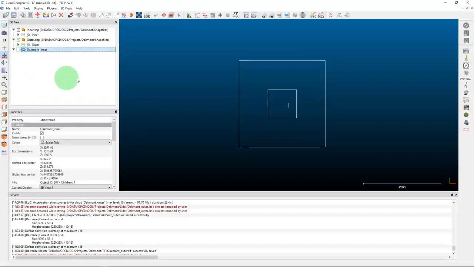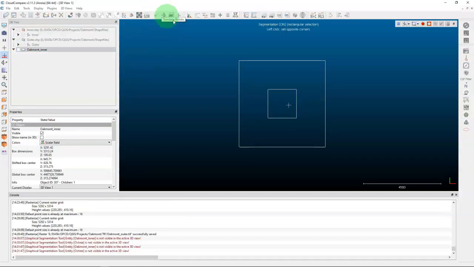Let's uncheck it again. And remember those scissors up there at the top, same thing, click on those scissors. We're going to do this drop down, make sure it's the rectangle again. Now we're just going to go around our inner plot. We're going to click on that red polygon up here, wait till it's done processing, hit the green checkbox,